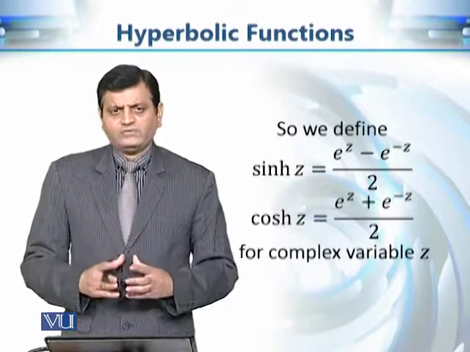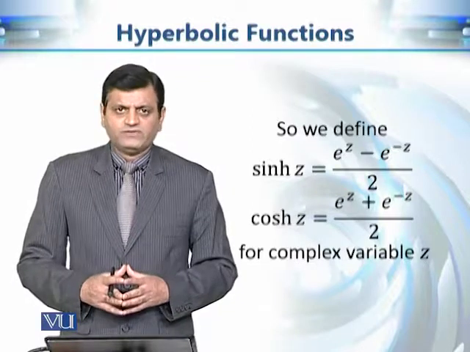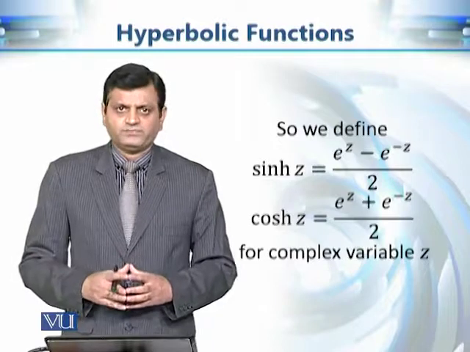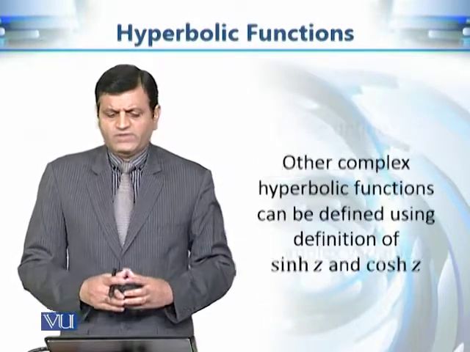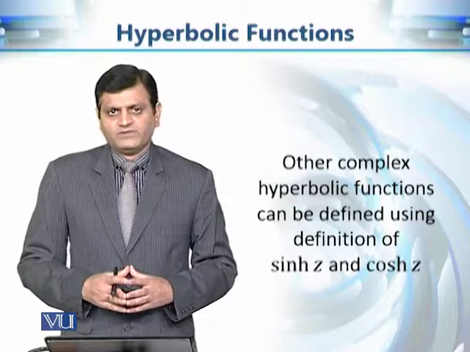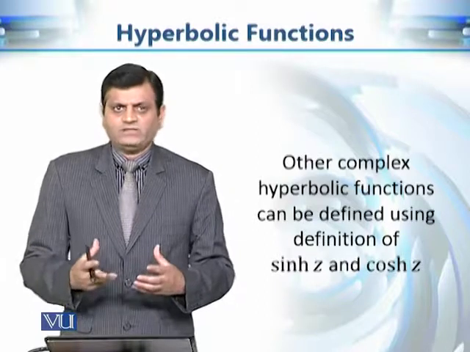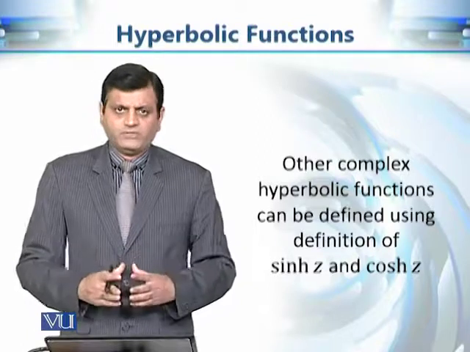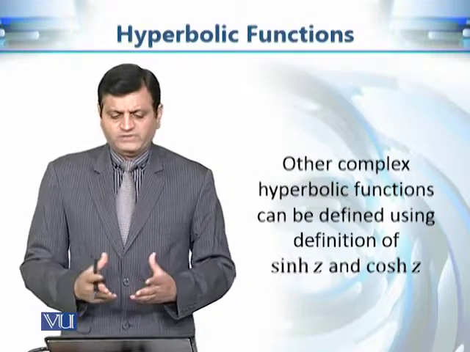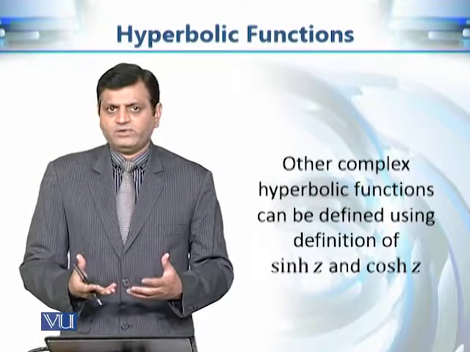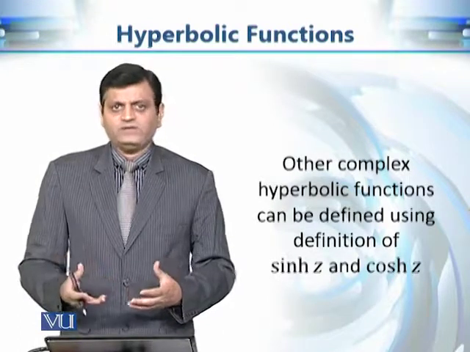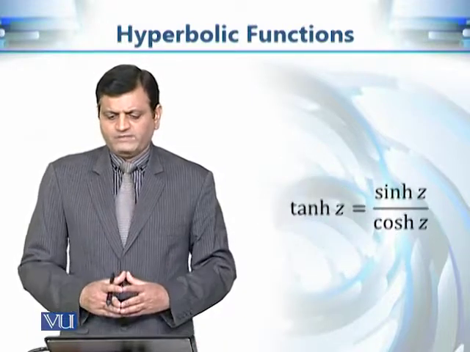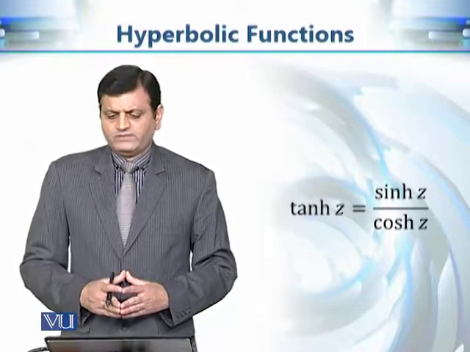But the definition that you can see on the screen is more than enough to derive the properties of these hyperbolic functions. Now the next question is, of course, there are other hyperbolic functions as well. So how do we define them? For example, tangent, cotangent, secant and cosecant hyperbolic z. Once again, if we have defined sinh z and cosh z, then we can easily define the other functions. For example, we can define tanh z to be equal to sinh z